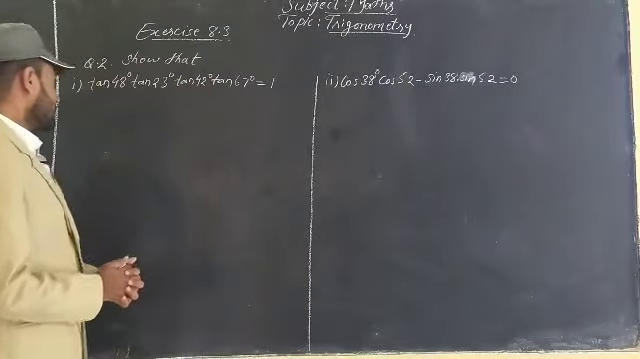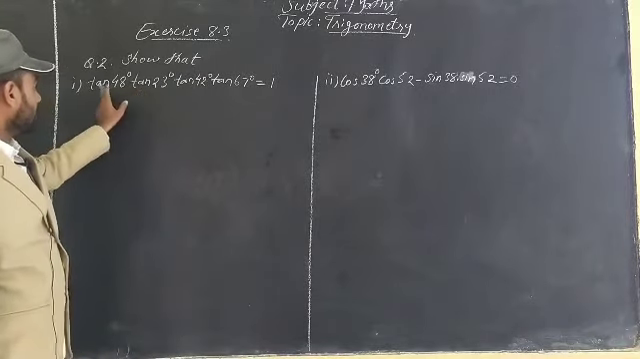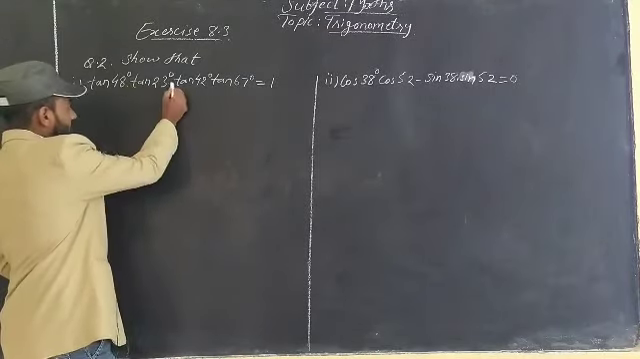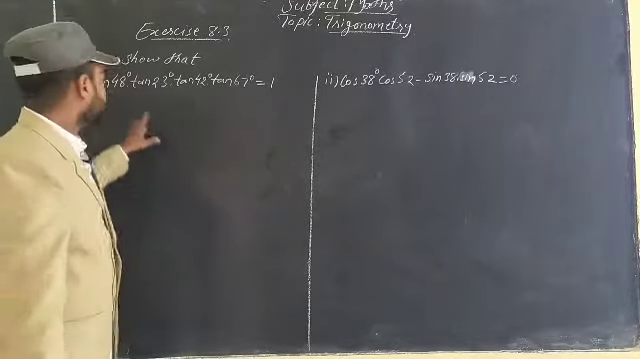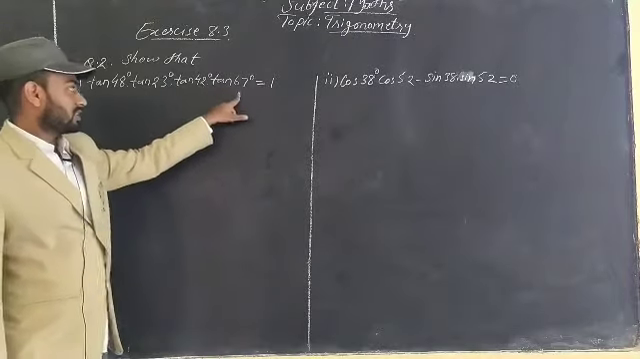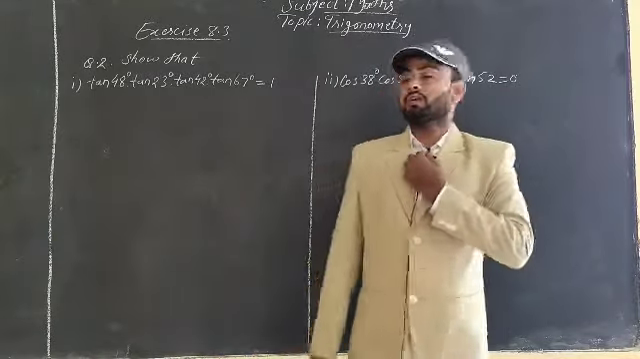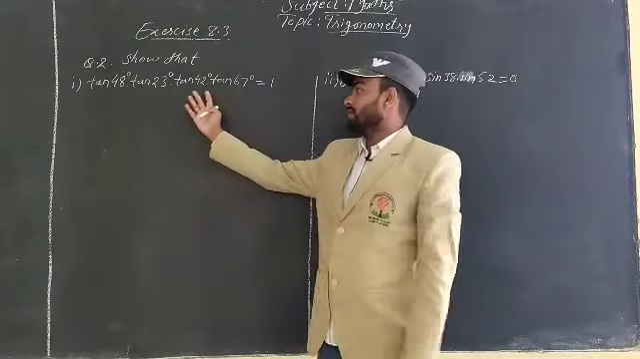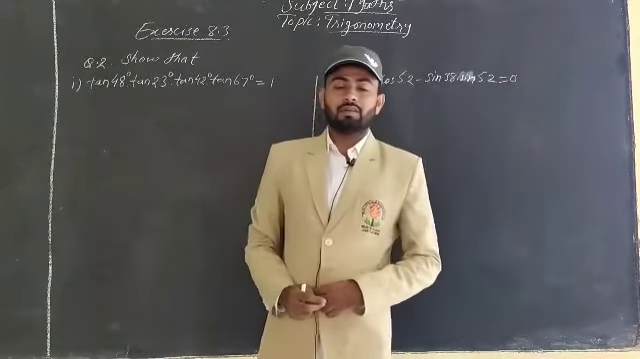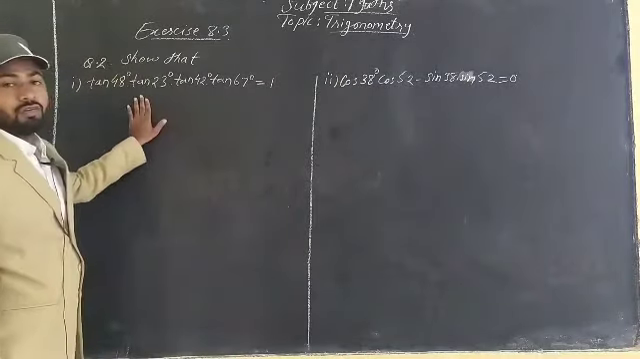Okay, let's start. Show that tan 48 into tan 23 into tan 42 into tan 67 is equal to 1. That means what? This is which type of question? We have to show that left hand side is equal to right hand side. So first, in this type of question, we will find out